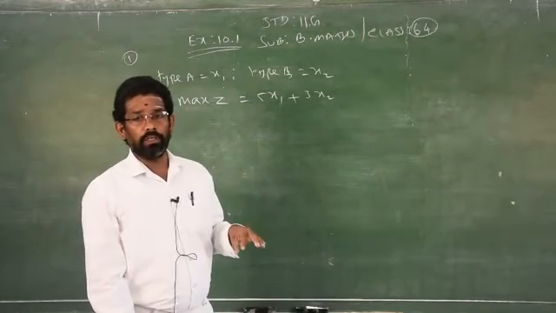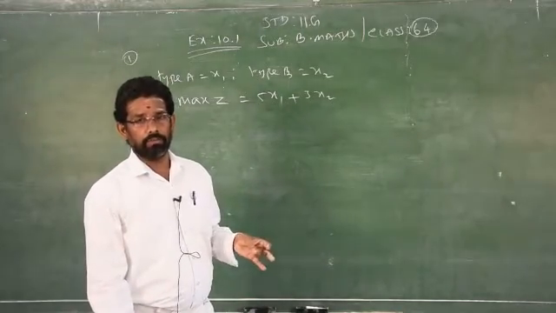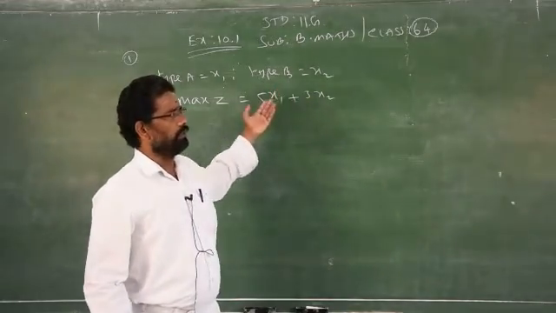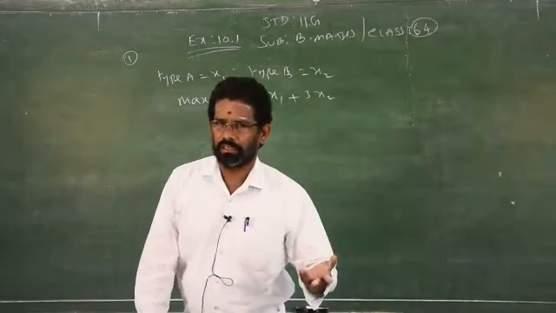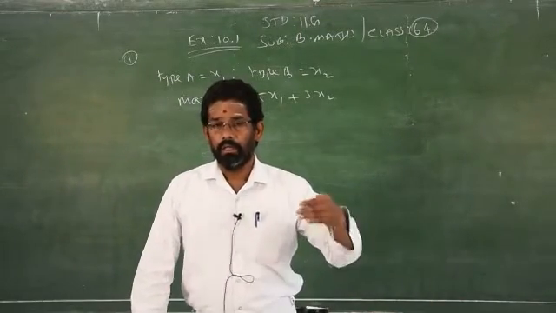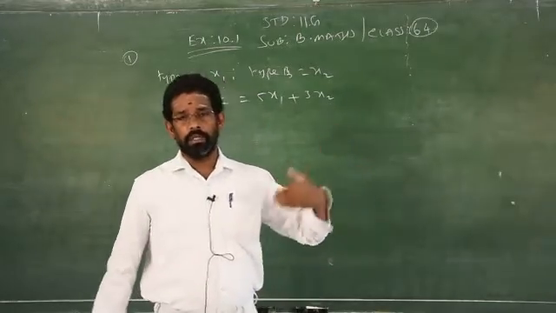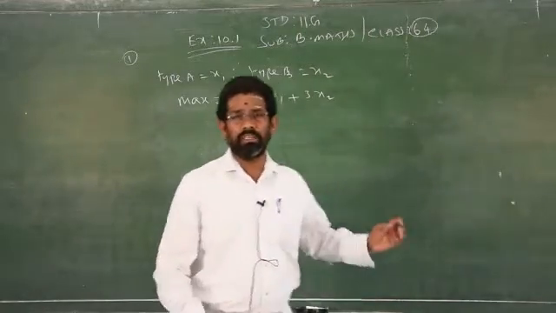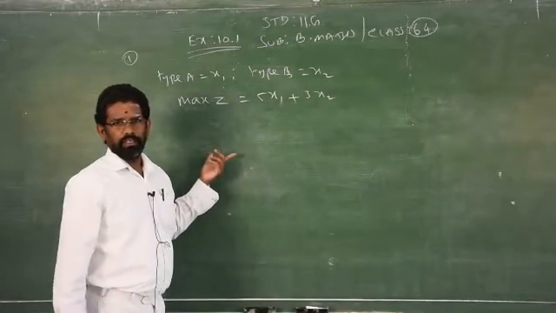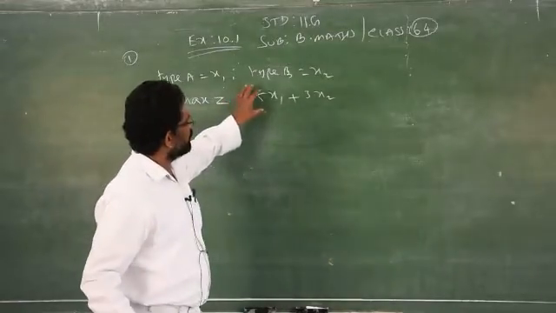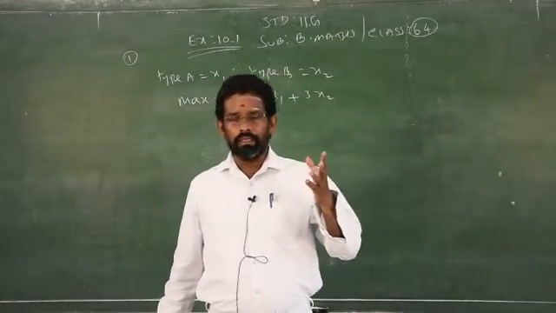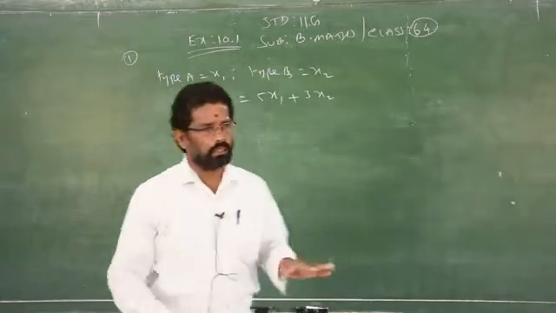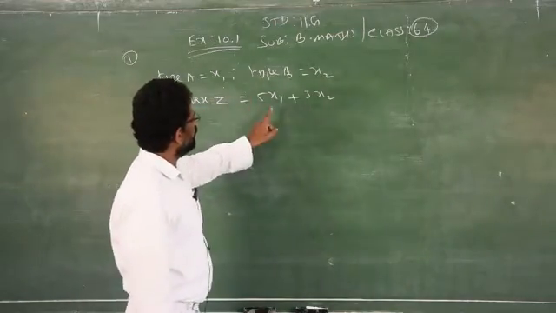Clear? So you have to find the feasible solution X1, X2 suitable for the given equations. Once you replace X1, X2 in this, you will get the answer that is called the optimal solution. That's all. That is the feasible solution and optimal. You have to get the optimal solution only from the feasible solutions. Now some condition is given to attain the maximum profit. At what level the type A pen should be produced and type B pen should be produced to get maximum profit, that's what we have to find out, X1, X2.